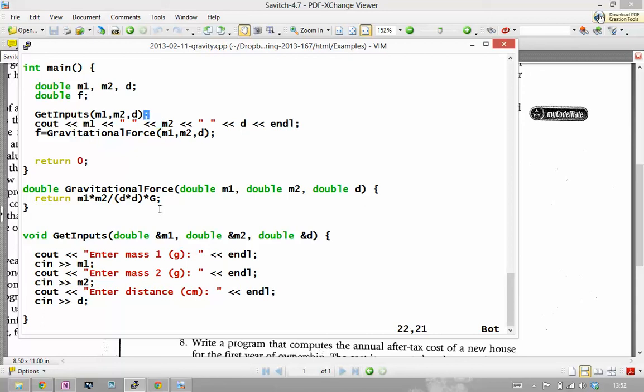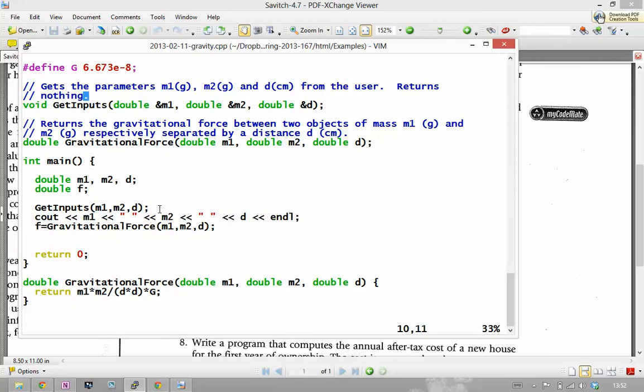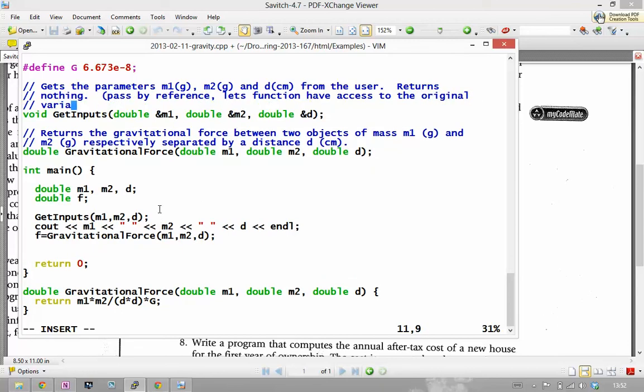This is called pass by reference. It lets the function have access to the original variables, not copies. Changes made by the function